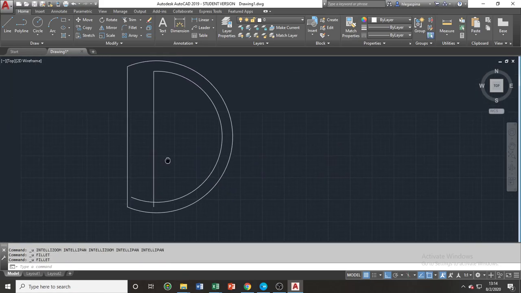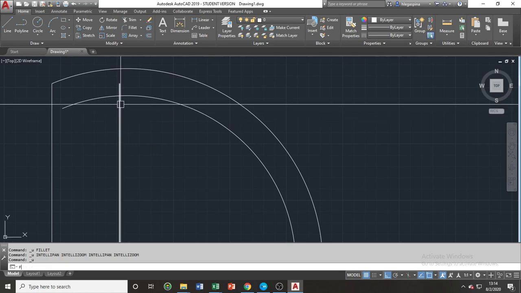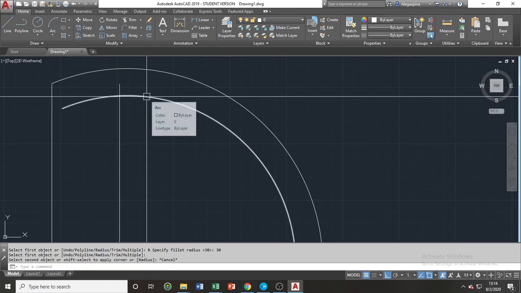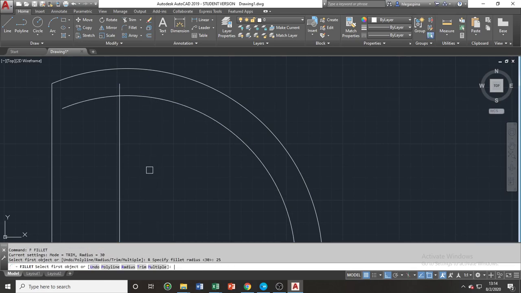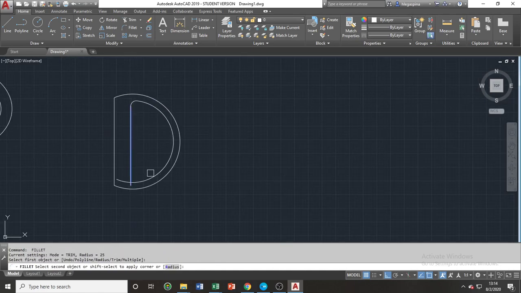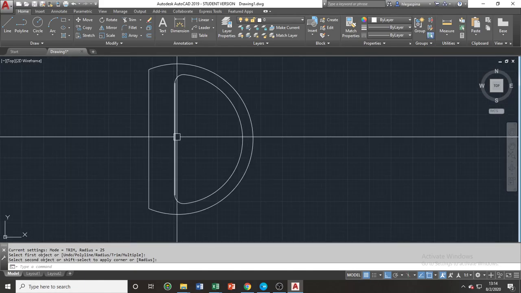Or if you don't want a sharp curve, you can specify a specific radius for your fillet. There we have our lavatory,